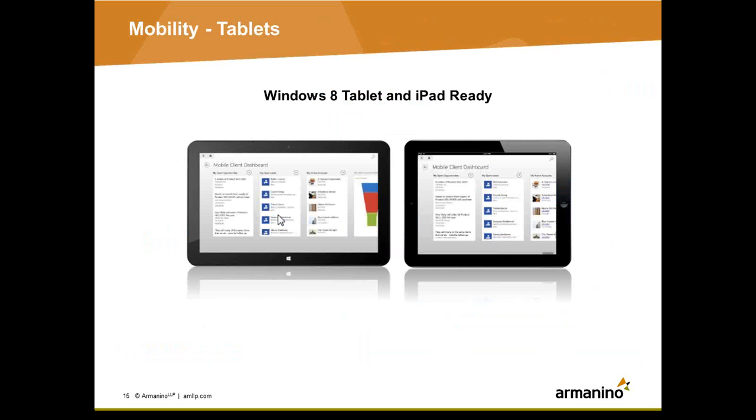One of the things that we're most excited about is the mobility that they have included with 2013. It seems like a no-brainer nowadays, so we're super excited to be able to say that access to your CRM data from the Windows 8 tablets and iPads completely ready out of the box. And in addition to tablets,